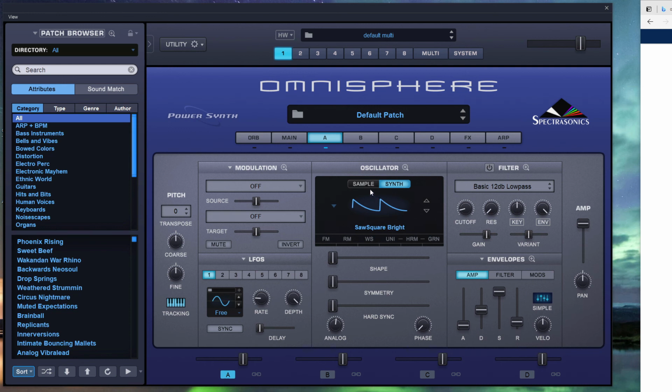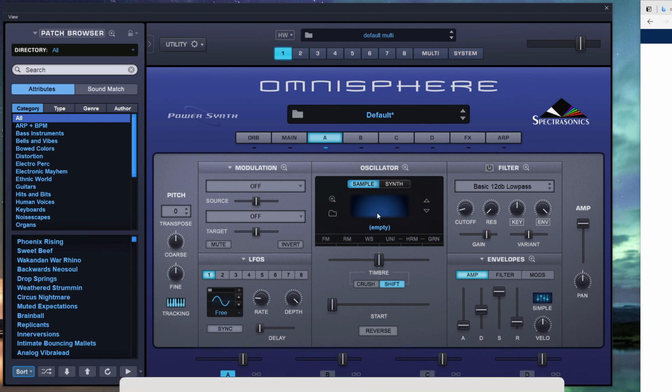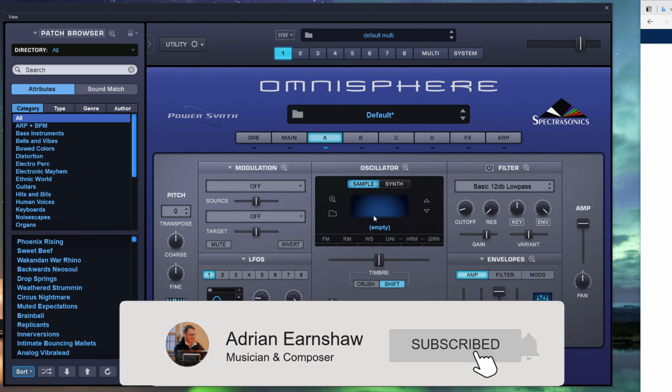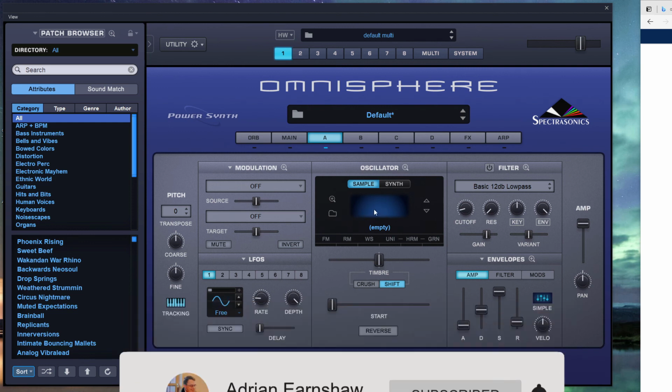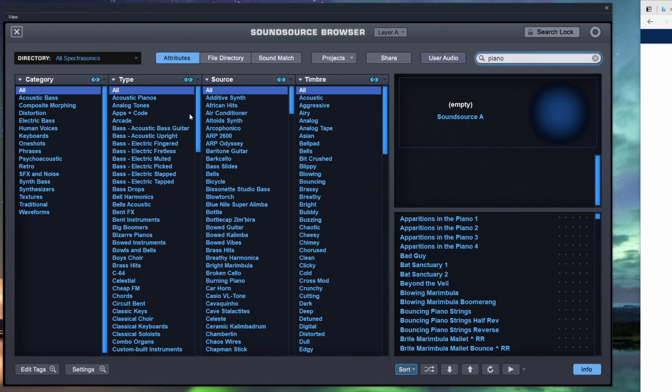So the sample layer is activated by going into your patch layer. I forgot what it was called for a minute then. Patch layer, and clicking on sample, and it comes up straight away as empty. So that's the sound you get, the sound of silence, nothing. To get a sample in there, you just click on the blank bit where it says empty,